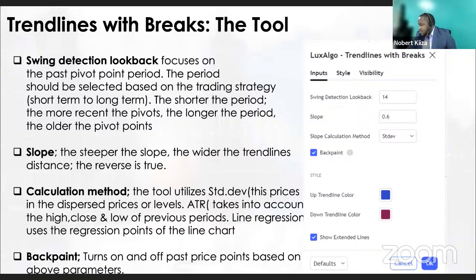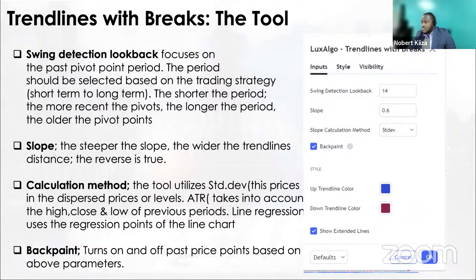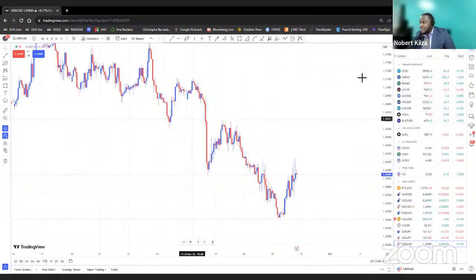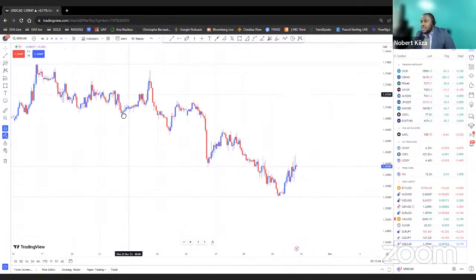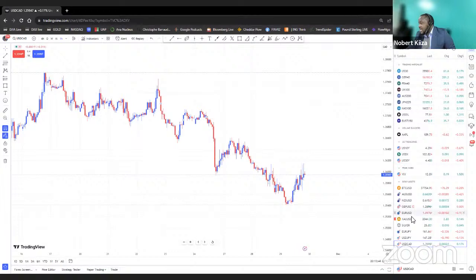Okay, so let's just have a look at this. So here we are, ladies and gentlemen. We are now on Trading View. So we are now going to select an asset. We are going to go with